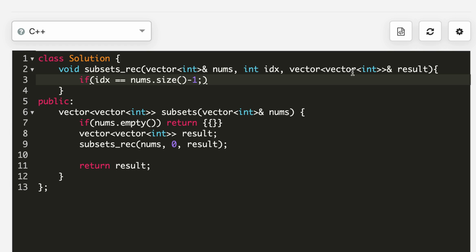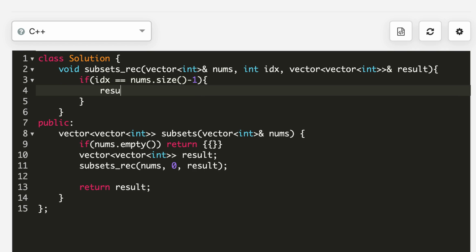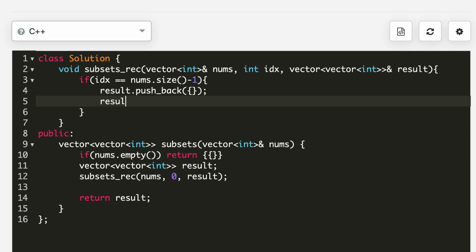So if this is the last index, that is there is only one element, then we know the solution for this. Result dot push back this empty set, and also there is just one element, so push that element. These are the two possibilities.